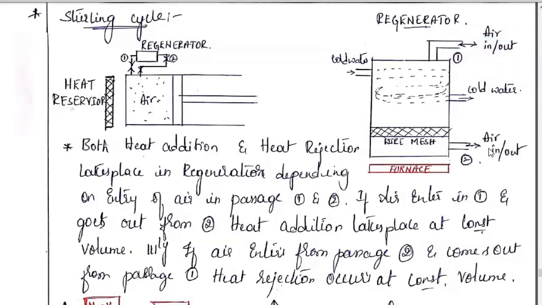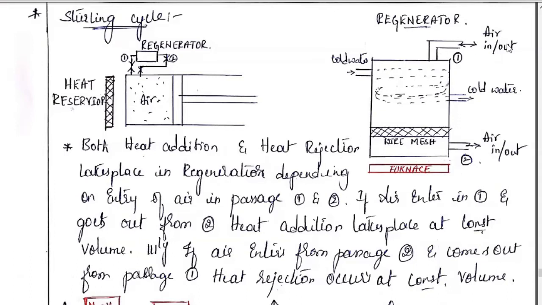See, if air goes inside the regenerator from the second port, what happens in this second compartment? It is nearer to the furnace. The main function of the furnace is to add heat. Now heat addition occurs from the furnace to the air, and the air gets heated up. This heated up air passes above the wire mesh and goes across the coil that contains cold water. Now this hot air goes past the cold water, becomes cold, and comes out as cold air.